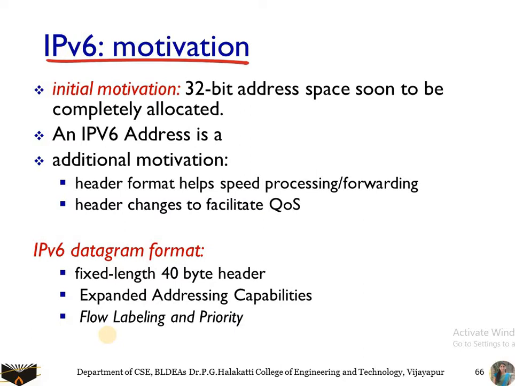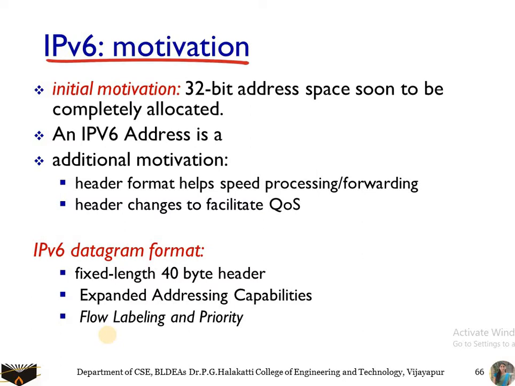But already there are a lot of addresses available that can be allocated to the system. But why are we moving from IPv4 to IPv6? Here the number of people using devices is growing, so every device needs to be allocated a new and unique IP address. But as the number of devices increases, the IPv4 method lacks the ability to provide a unique IP address to those devices, where the number of addresses is decreasing while the number of device users is increasing. In that case, it is difficult to allocate a new unique IP address to a particular device.